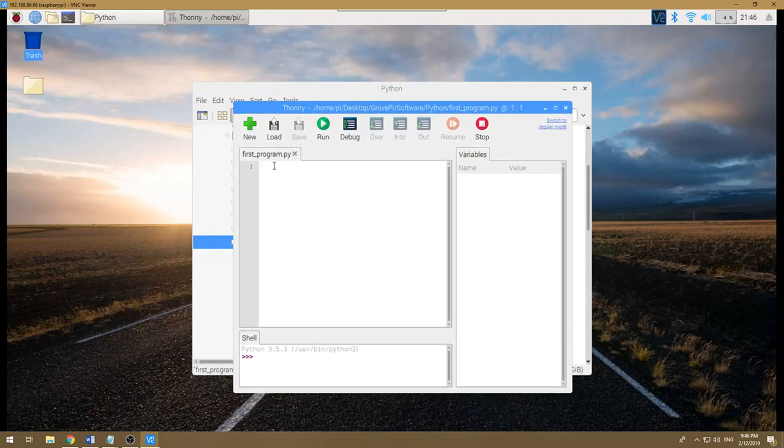And let's see. For the first part, we need to write an import statement. We import the time module, also import the GrovePi module. The GrovePi module, you need this module to work with the rotary angle sensor. And then